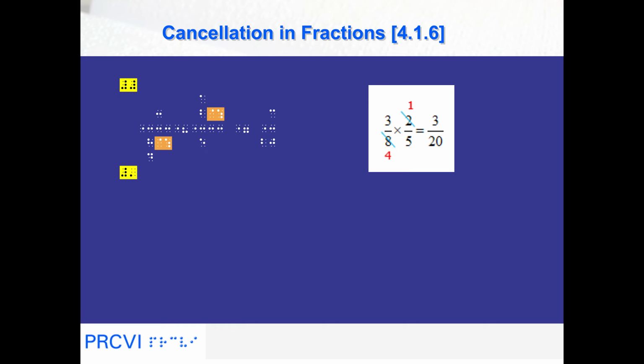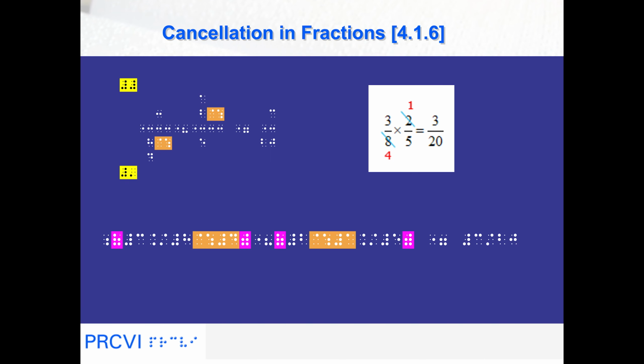Dots 5, 2, 5, 2, 5 for horizontal line. Horizontal line is as long as the used Braille cell above and below it. Dots 4, 1, 4, 6 is used for cancellation line. Center the Braille cells in the numeric indicator. Center the Braille cells in the numerator and denominator. Another way to transcribe this example is in linear way, using opening and closing fraction indicators.